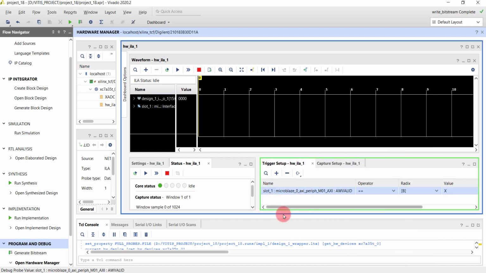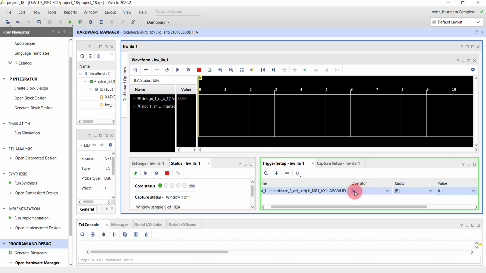That will mark the start of our transaction, and this will mark the start of a transaction only when it is equal to 1. So we will be choosing to start capturing a signal when this is not equal to 0. Whenever it is not equal to 0, that basically marks that the master, in our case the MicroBlaze, has some valid data which it needs to send to the slave IP, that is GPIO in this case.